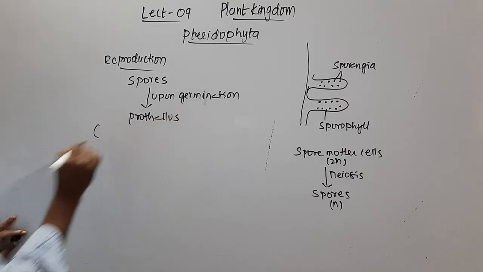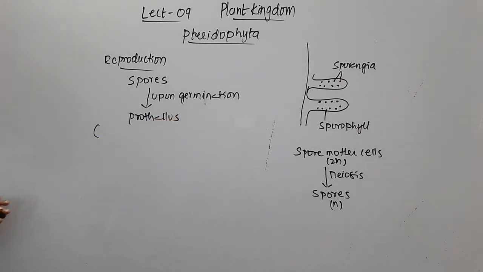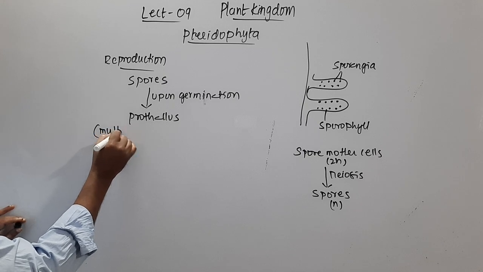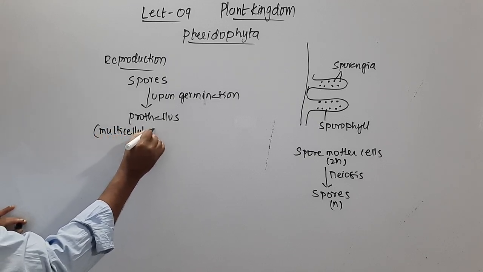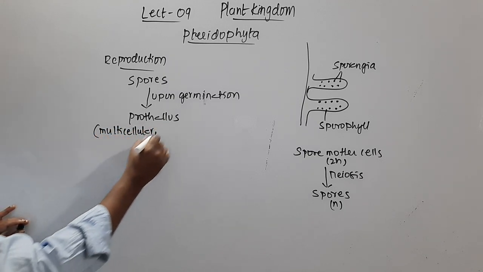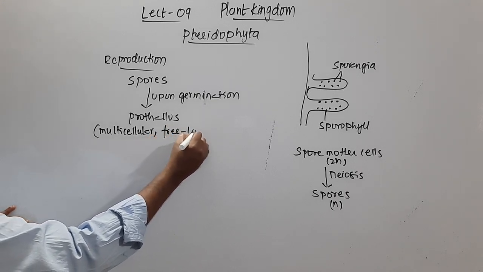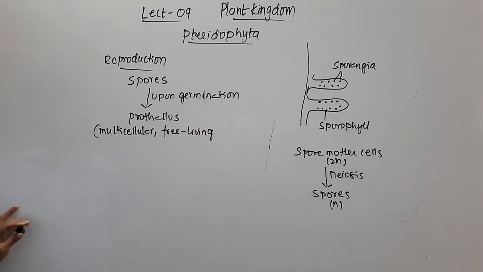This prothallus is multicellular, made up of many cells. It is free living, meaning it doesn't depend on the sporophyte, it is completely away from the sporophyte. So multicellular, free living, and in most cases